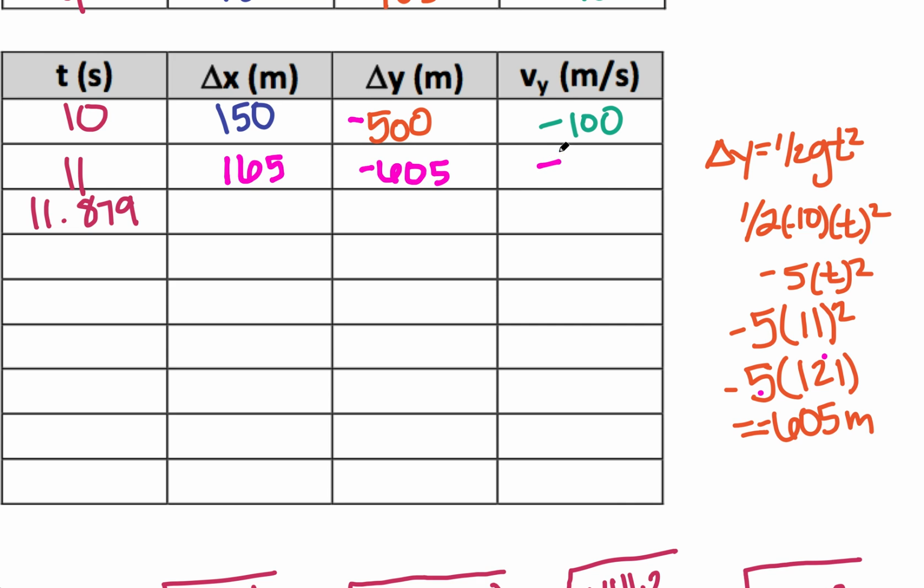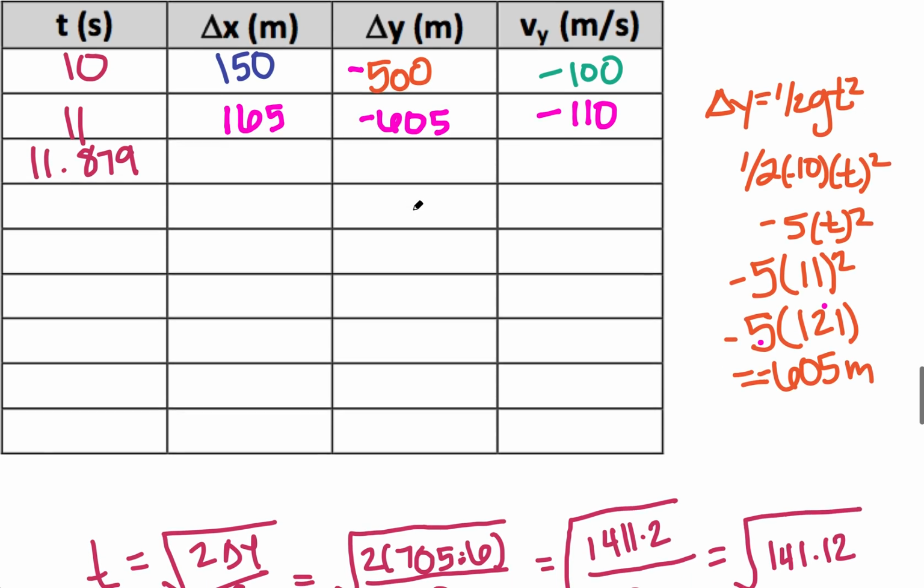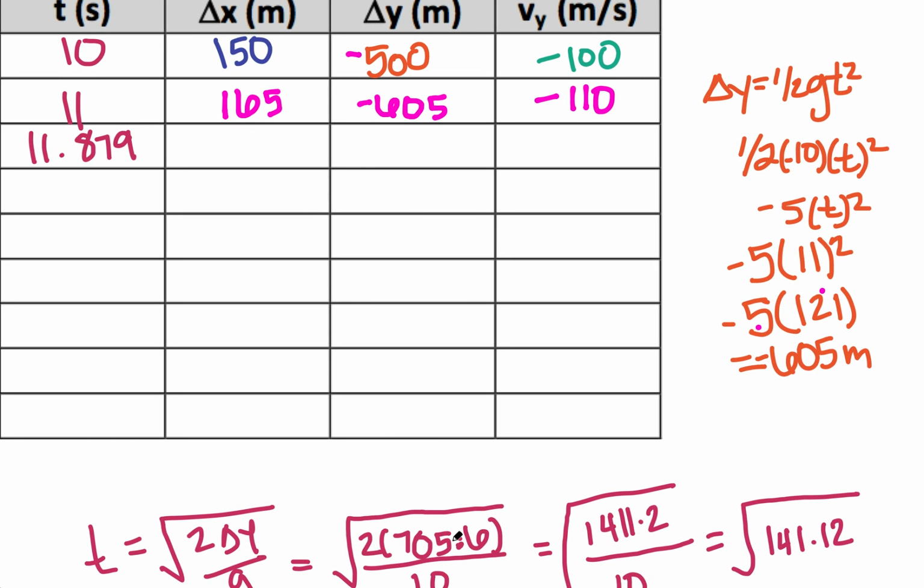And our velocity in the y, well, it's just going to increase by negative 10 meters per second. So it's negative 110 meters per second. All right. Now, in our problem, it said that it's going to fall 705.6 meters. So at 11 seconds, it's not quite there. And at 12 seconds, well, it would be over. So we were able to calculate the time it would take to be displaced is